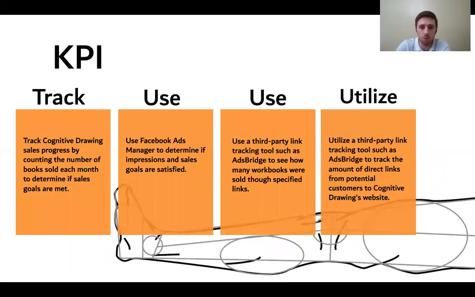So for our key performance indicators for our campaign, we have 4 that align directly with our campaign objectives. Our first KPI involves the tracking of Cognitive Drawing's book sales, keeping track of monthly sales, and checking them to determine if the amount of books sold each month aligns with the sales goal that we initially put out. Our second KPI is to use Facebook Ads Manager to determine if impressions and sales goals